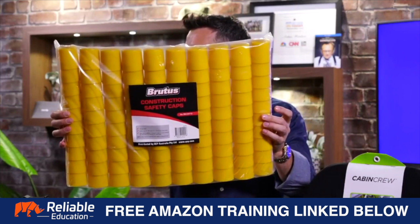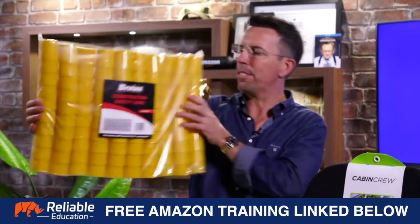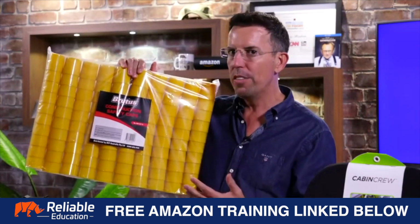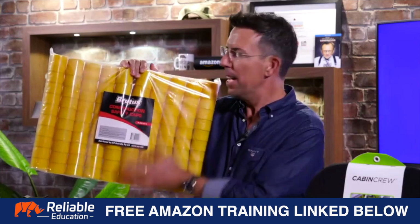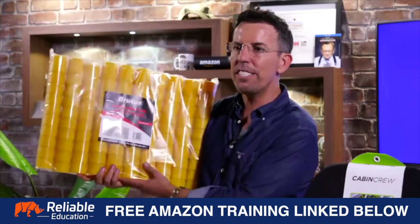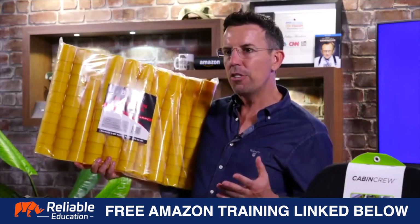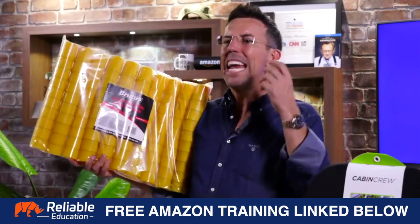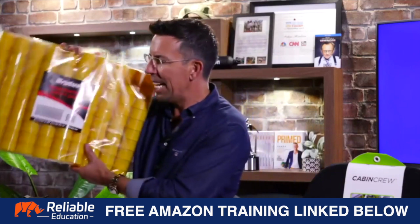These are called construction safety caps. The good news is there's not much competition at all. There's only a few brands selling here. Now they're all yellow. Every single one is yellow. So cool, yeah, yellow's bright, it gets noticed, but could you do anything that could be a little bit different